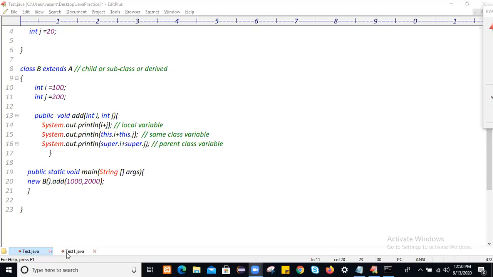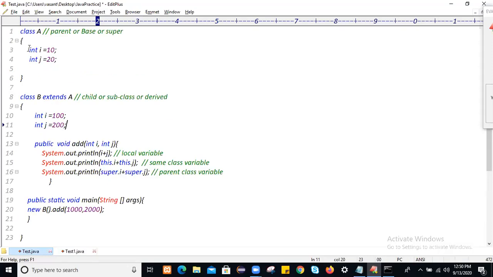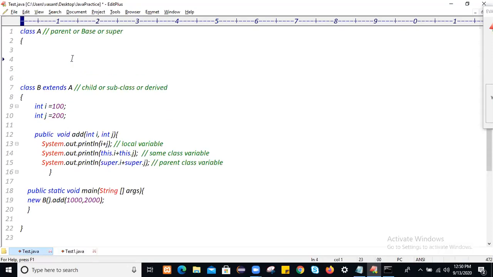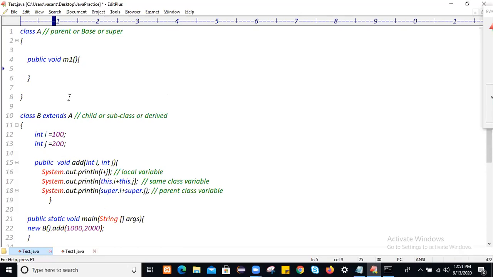Now let's move to the parent class method. So what if we have a method with the same name in parent and child? This is my M1 method. This is your parent class M1 method.